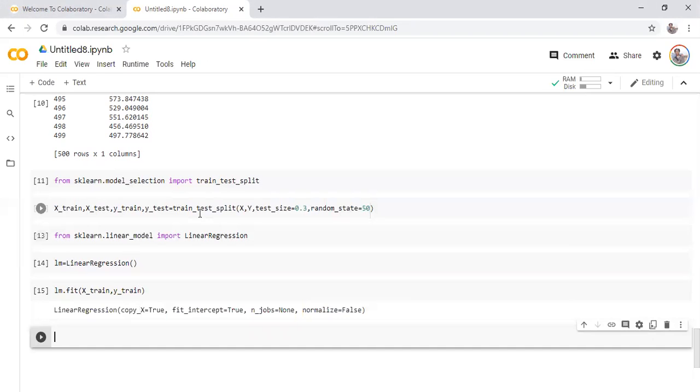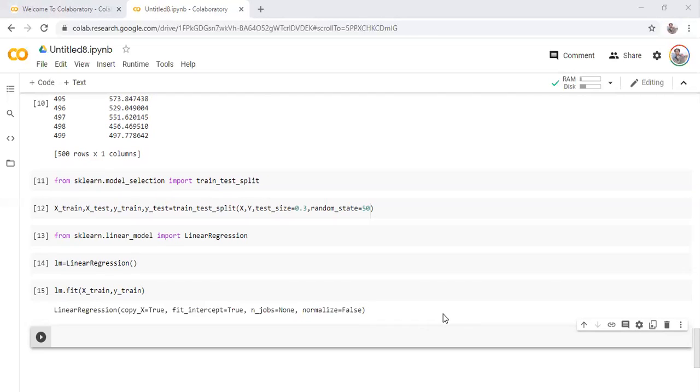Okay. So here in train test split, test size equal to 0.3 means we have separated our data set 30% as testing and 70% as training. So now our model is ready. Now we'll go ahead and start creating the predicted values.